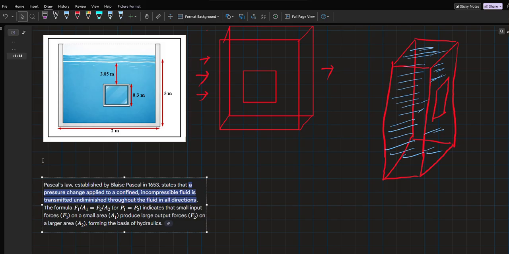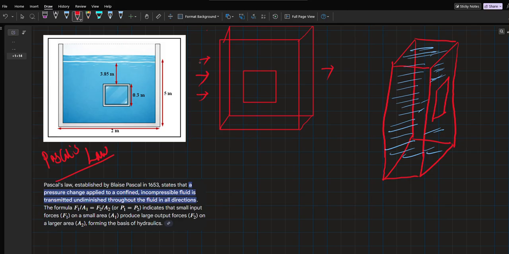So Pascal's law states, when there is a pressure change applied to a confined and incompressible fluid. Here, in our case, water is incompressible. You can't compress that, right? It's not like air, which can be compressible. So when you put pressure on an incompressible fluid inside a confined container,